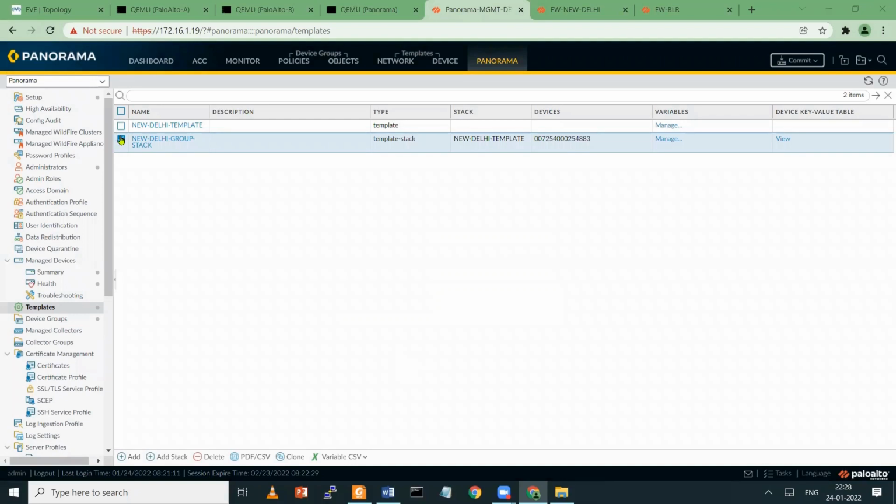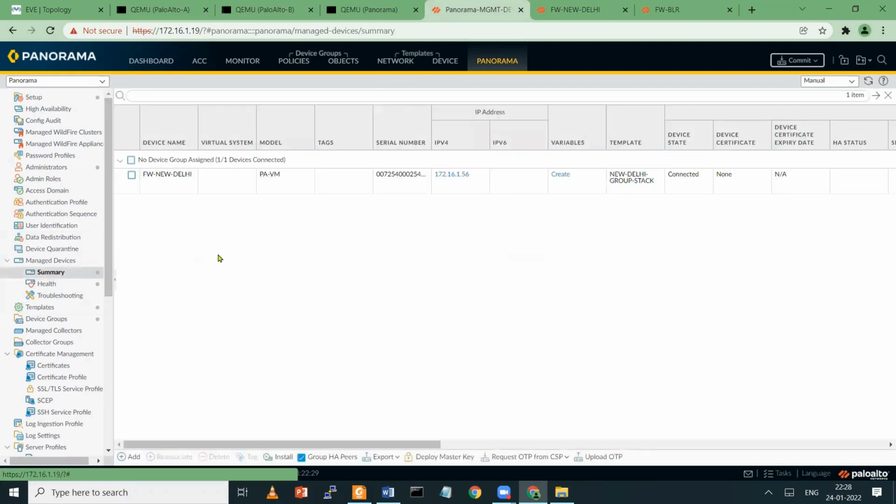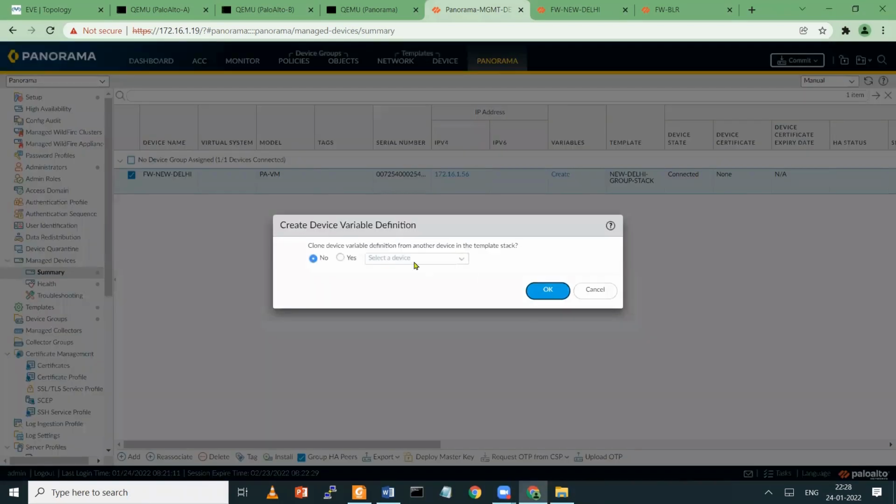And we have now template and template stack. So guys, now it's your complete process to add a particular firewall with whole settings like this, with a template and a stack. See here we have options, the template option, and I have added the template stack, clone device variables definition from another device in the template stack. So this is another option which we can use.